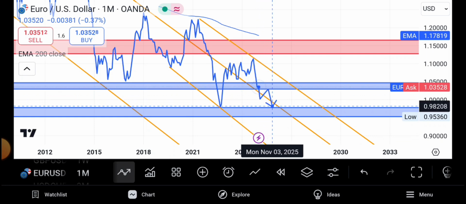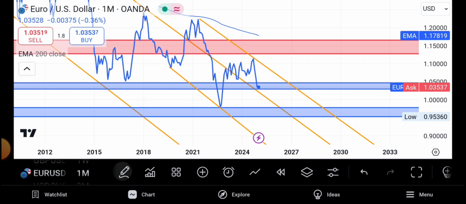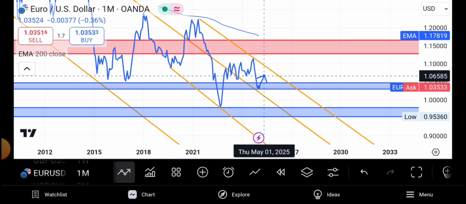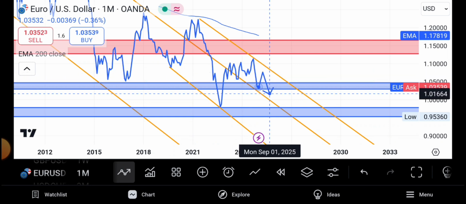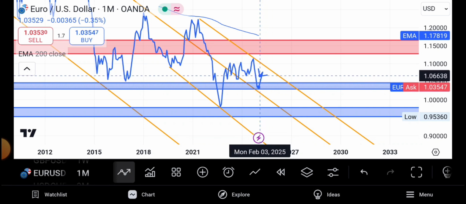Rule number 2 is, the point where I will sell this zone, this pair, is if buyers bring this price action to this zone. Are you together? And I will tell you why. If the buyers push this price action upward up to this zone, then I'll be willing to sell from this zone. The reason why I'm saying so is because we sell when the price action is high, and we buy when the price action is low. We sell high and buy low.